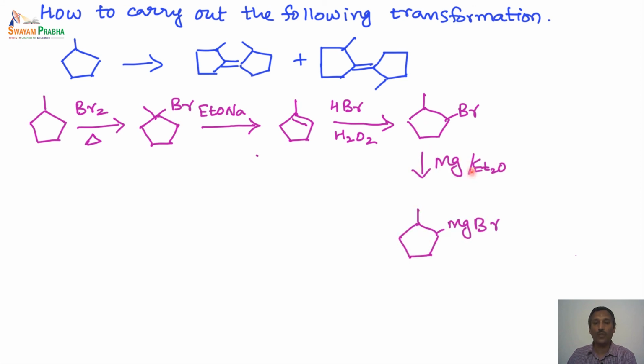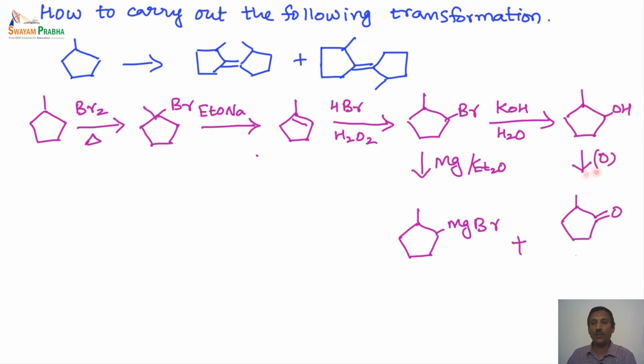And this bromo derivative on treatment with magnesium and ether produces the alkyl Grignard, formed from this particular substrate. And this bromo derivative can also be treated with KOH and water to produce the corresponding hydroxy derivative, and this hydroxy derivative can be oxidized to get the corresponding ketone. So we have a ketone, we have a methyl magnesium bromide,